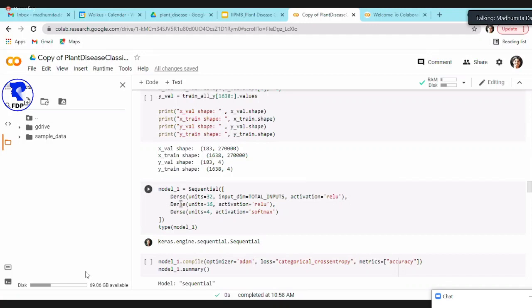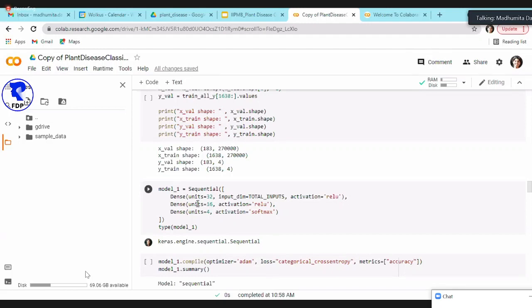And then I add another layer to it, where these 32 neurons will pass on the information to this layer, where these neurons will have their own assigned weights and everything. And again, I will use an activation function of ReLU. And then the next layer will have 16 neurons.